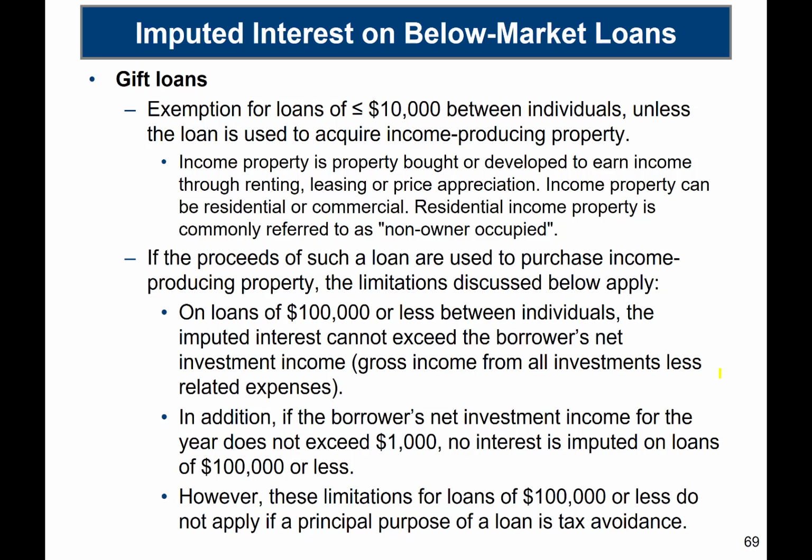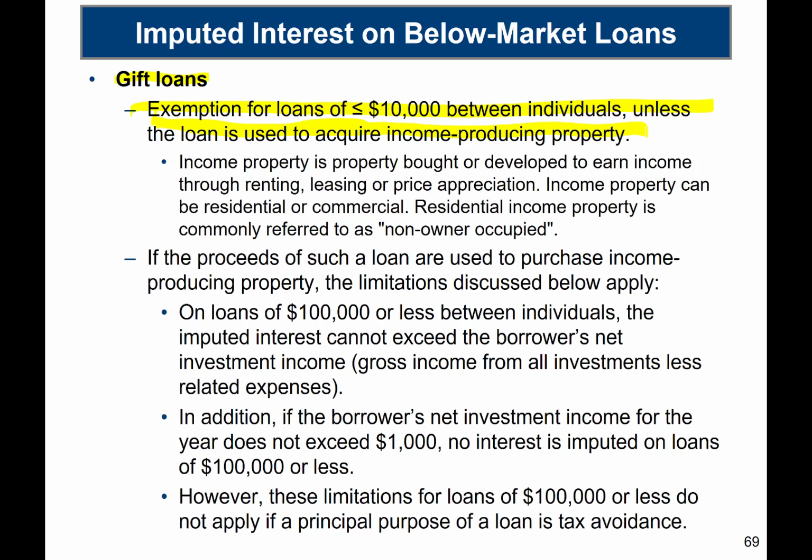Okay, so they start putting exceptions, and it's basically saying if you have what they call a de minimis loan, which they consider to be $10,000 or less between individuals. This is for our gift situation, made out of love, affection, right? Unless the loan is used to acquire income-producing property. So you can loan up to $10,000 and not have to impute the interest unless the money is given and they're going to purchase some kind of income-producing property. But we're going to see even for income-producing property, they still give us some nice exceptions, up to certain amounts, up to $100,000.